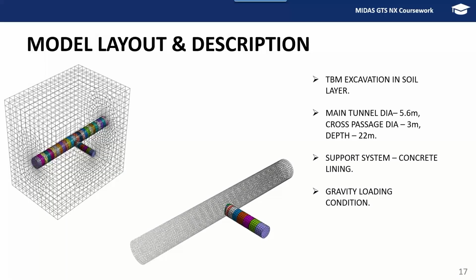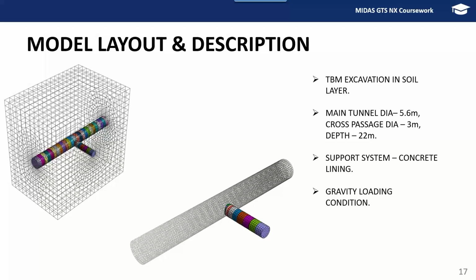Now I'll start with the model layout and description. So this is how our model is going to look. The entire soil body you can see is transparent right here, so that the tunnel and the cross passage inside are visible. Here we have tried to simulate the TBM excavation in a soil layer, where the main tunnel, or the bigger tunnel, has a diameter of 5.6 meters. Then we have a cross passage that is 3 meters in diameter, and the depth from ground is 22 meters. The total length of the main tunnel is 50 meters, and the progression length is around 2 meters for each